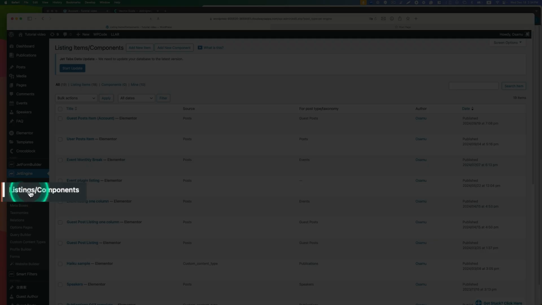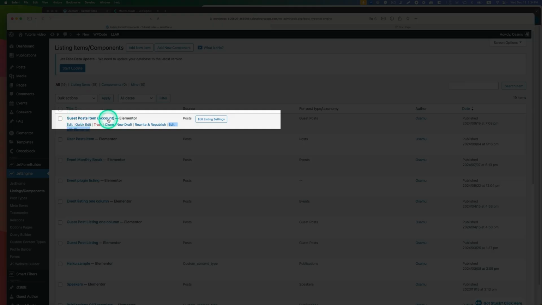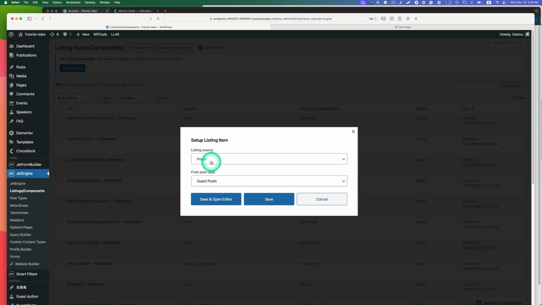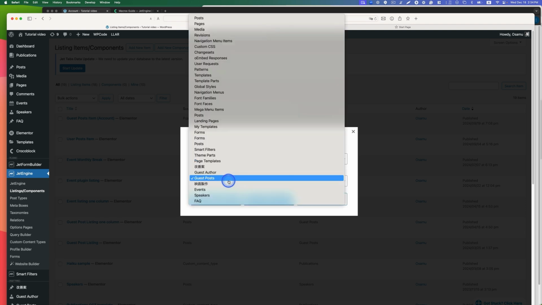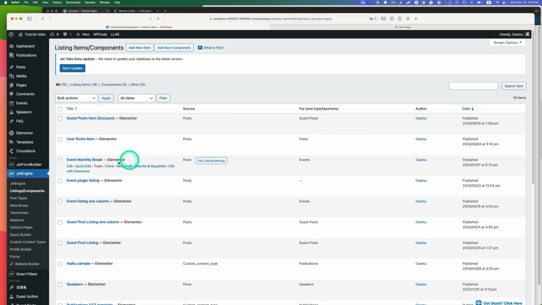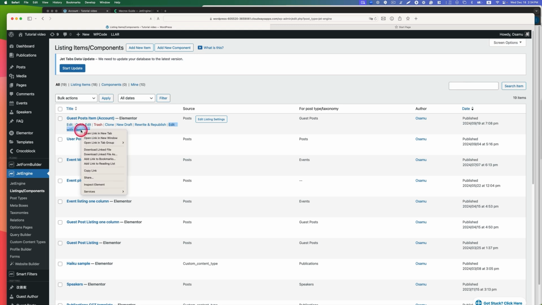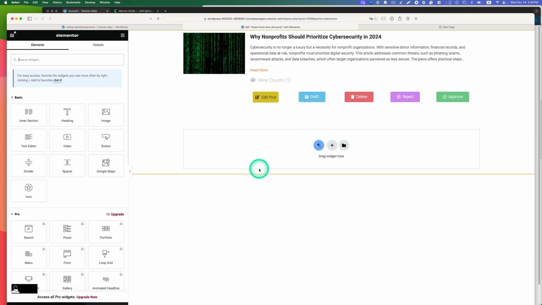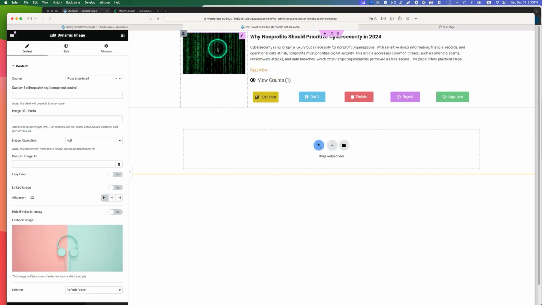First, you have to create a listing template here. So this is a guest post listing. So the source is going to be post, and then in my case, it's going to be guest post. So that's a CPT. Okay. And then, let's take a look at the template here. Now I'm going to come back to those details, but basically I got the thumbnail here, and the title,